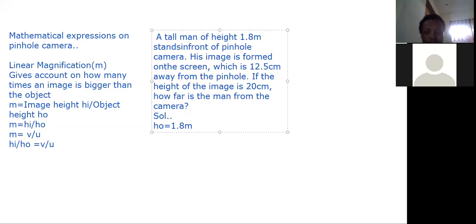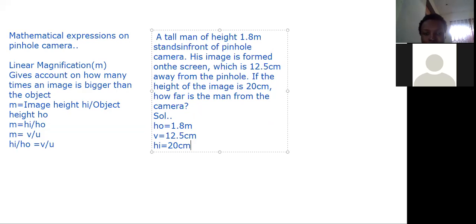His image is formed on the screen, which is 12.5 cm away from the pinhole. So this will become the image distance, which we are given to be 12.5 cm. If the height of the image hi is 20 cm,